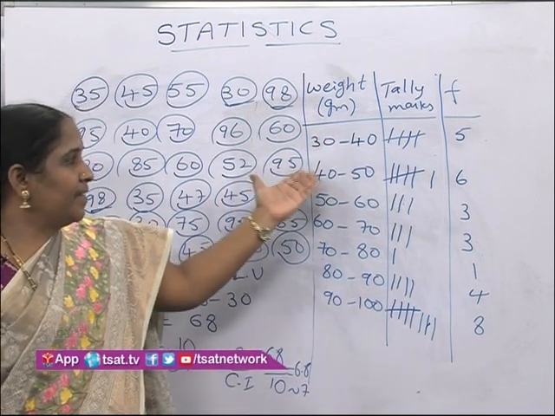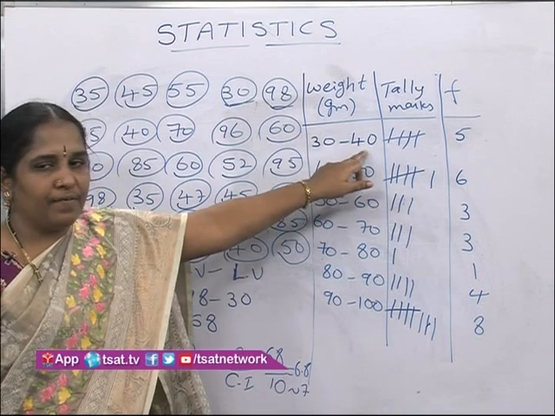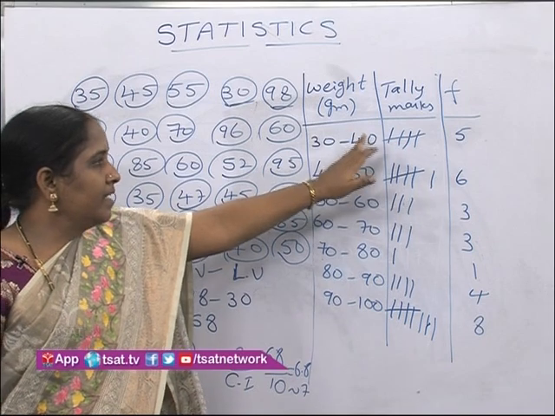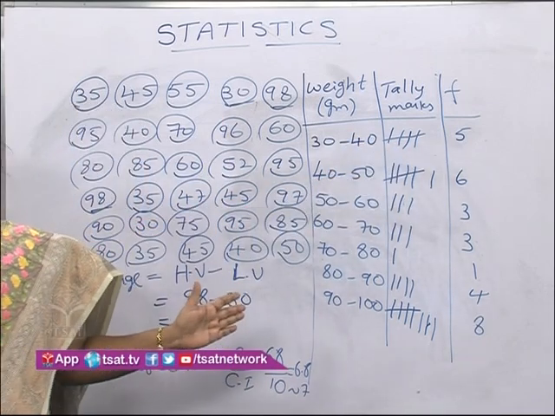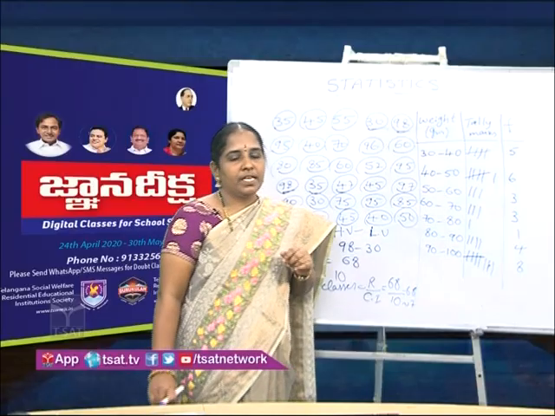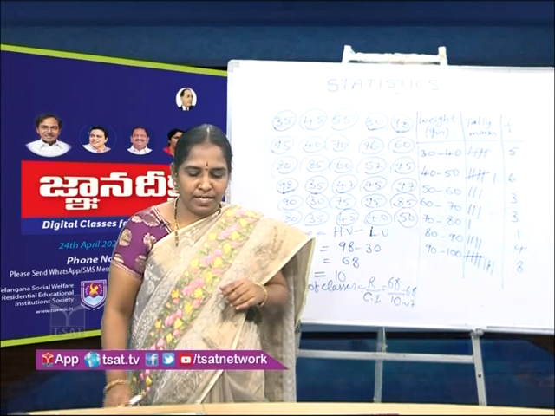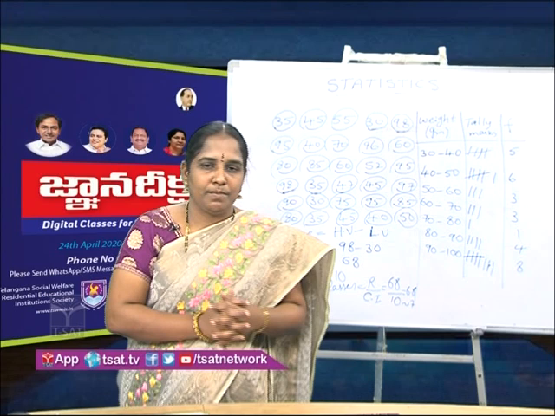Anyway, whether we write 40 or 39, here we are taking values up to 39 only. We are not taking 40, no. That's why the frequency remains the same. Only the way that we write the classes changes. It won't affect the frequencies. So this is how we prepare a frequency distribution table. I hope you are all clear with the preparation of the frequency distribution table.